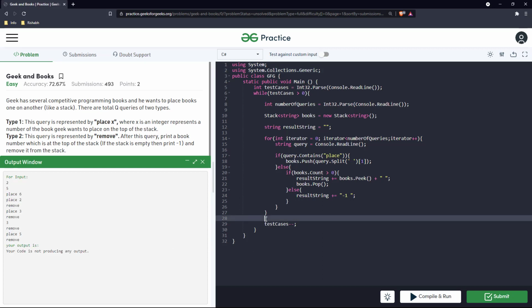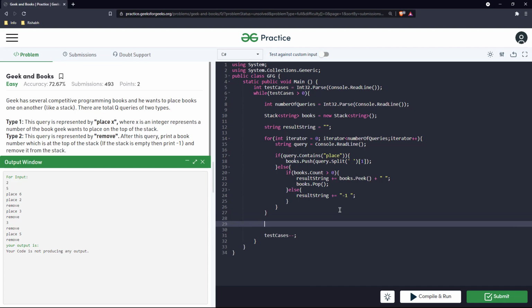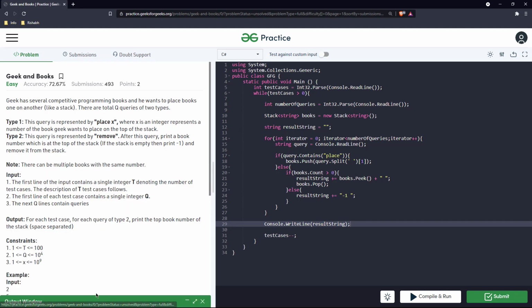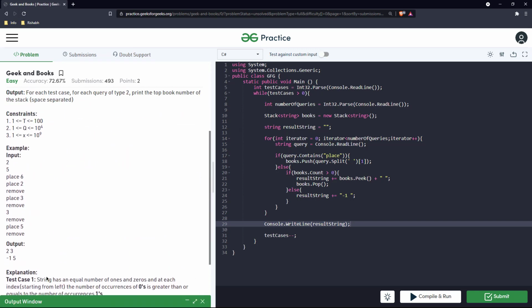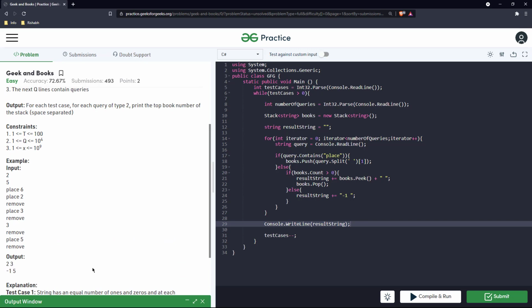My code is not producing any output because we never wrote the output. Okay, we got the output 2, 3, -1, 5, which is matching this. Yeah, looks good.